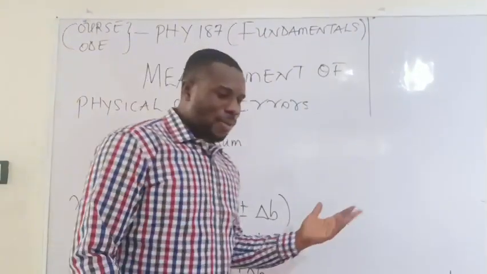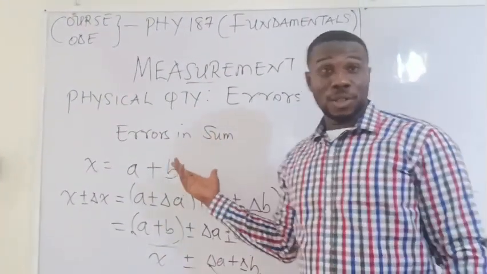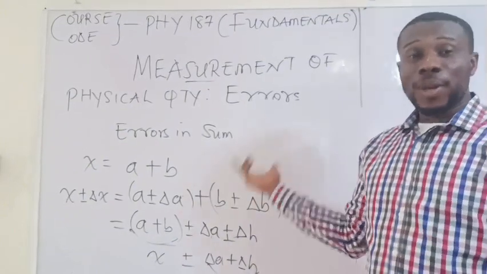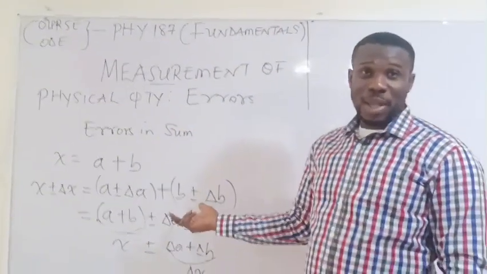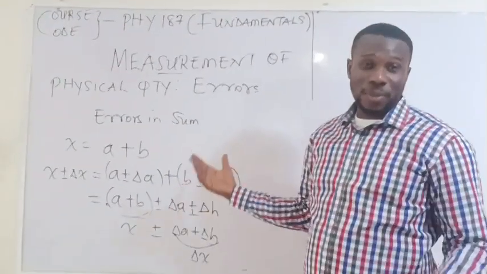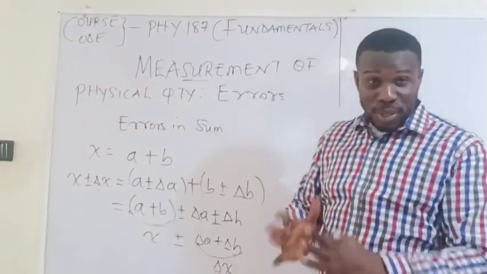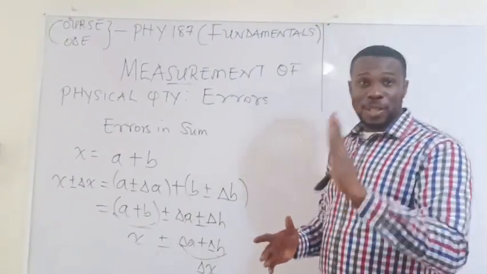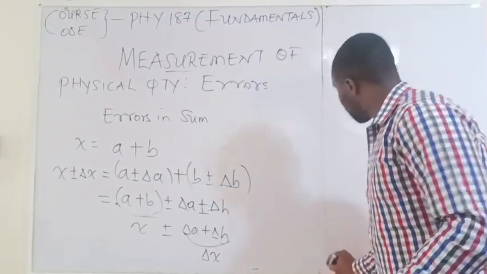Now, from the previous class, we talked about the errors in sum. In other words, if you're given measured values with their errors, how do you report the sum of those measured values? Of course, that implies they're of the same units, specifying the same physical quantities. So let's say, for instance,